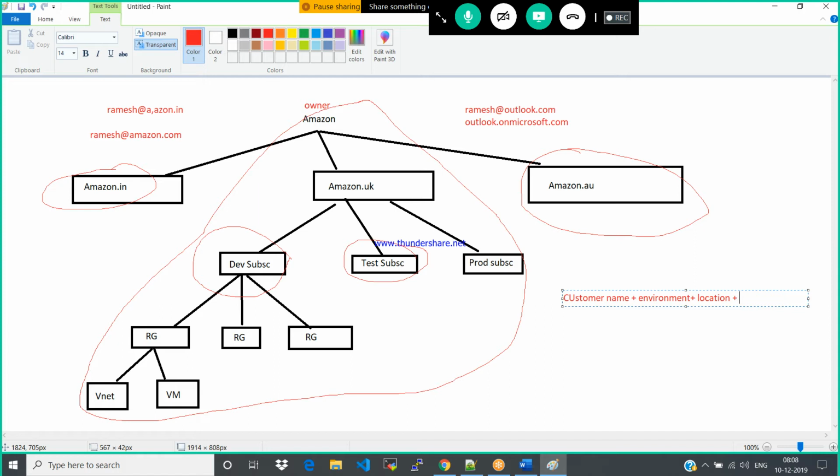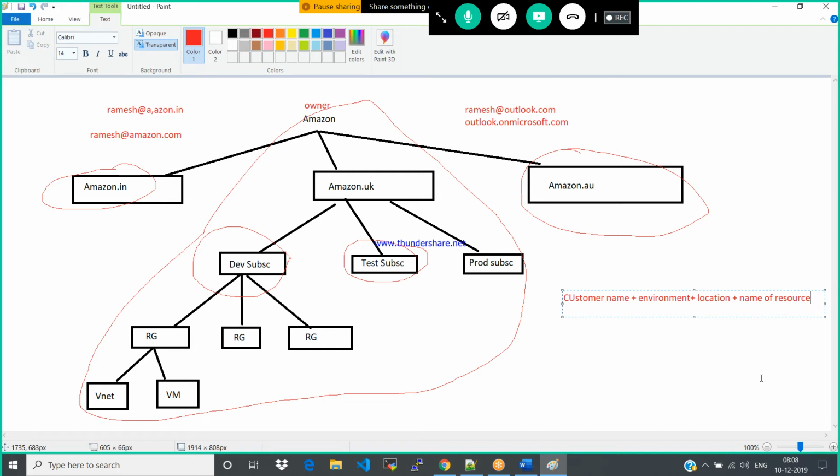Under the one subscription you have multiple environments that are divided into multiple locations. Okay. Then location, name of the resource, whether it's a VM or DB or network, whatever it may be.